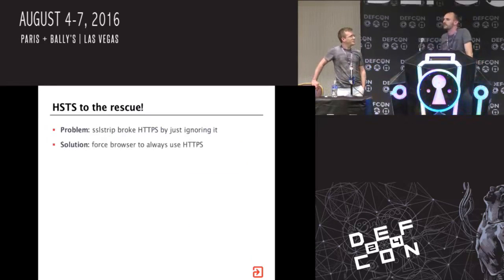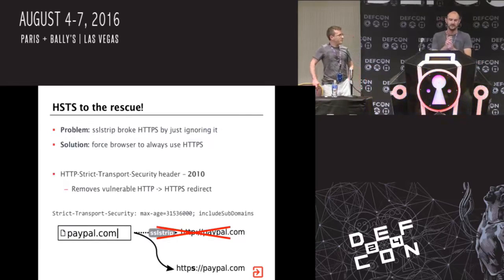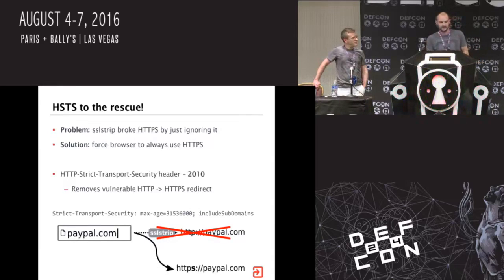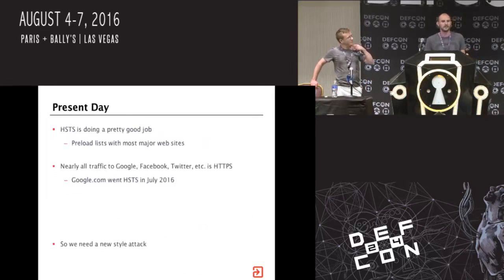Browser vendors obviously had to do something about this to make connections to websites much more secure. So this is where we introduced HTTP Strict Transport Security, somewhere around 2010. So again, a good 6 years ago. That's now been picked up by a lot of major websites. There was a big news article the other day about Google.com going HSTS. So it's taking a while, but it is getting there. HSTS essentially prevents browsers from requesting the plaintext HTTP resource in the first place, so we don't have the option of doing the SSL strip. That's where we are in the present day.